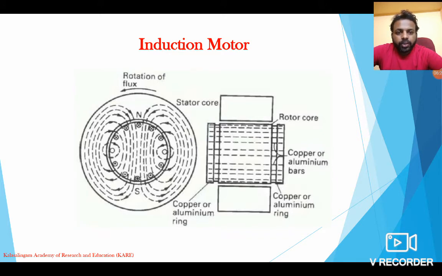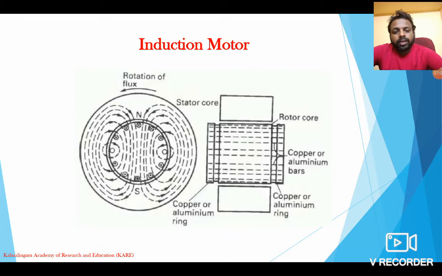So this rotation of magnetic flux is disturbed by the rotor, right? In the center you have a rotor. The rotor has rotor slots. Over the rotor slots we have n number of armature windings, right? So when the rotating magnetic flux rotates in its own axis, it is disturbed by the armature winding, right? Due to the disturbance, the armature winding creates electromotive force, that is EMF. This EMF can flow in the rotor. Just try to imagine.